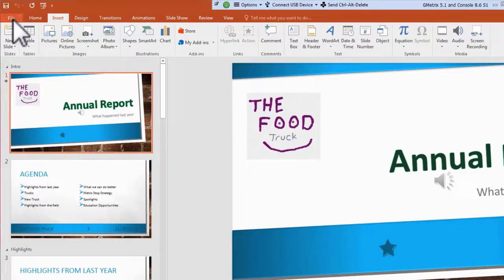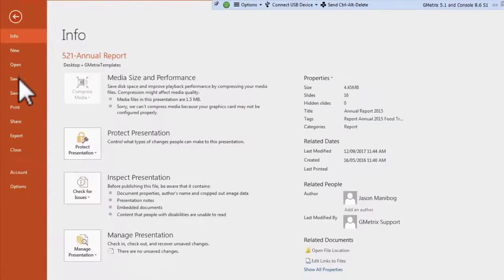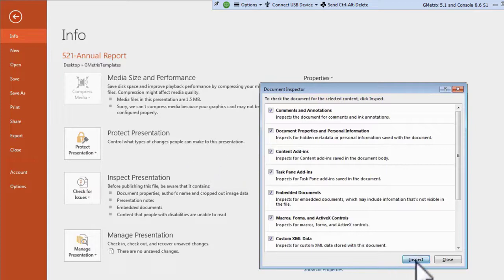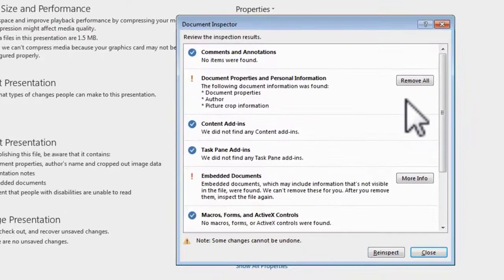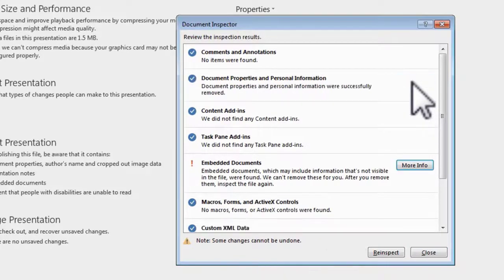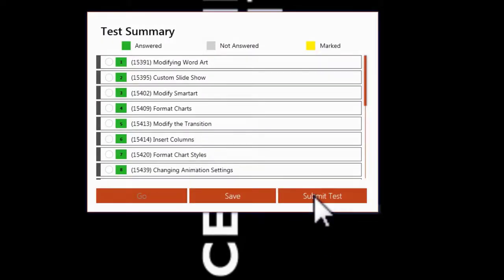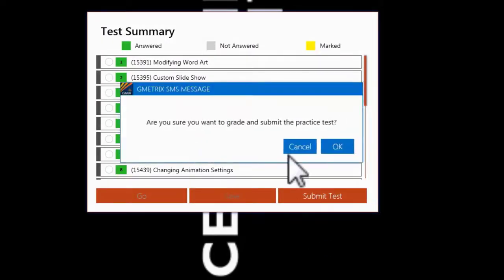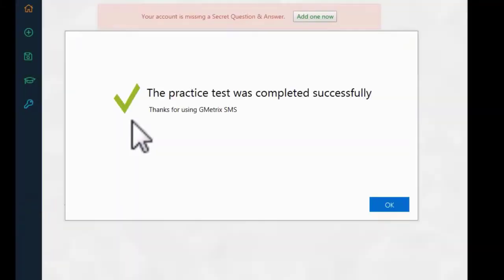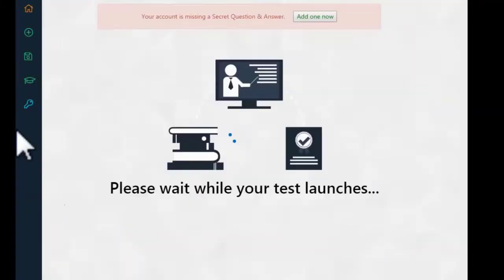Use the ribbon to perform a document inspection of the current presentation, remove all document properties. This is a great Gmetrix question and a great MOS question too, so this is good to know. Go to check for issues in the info tab, in the file tab, inspect document, and then you click inspect, and in the section for document properties and personal information, click remove all, and then you can close this. So we've taken off any personal information, and I'm ready to submit the test. Let's see how it went. Press OK, and we're all